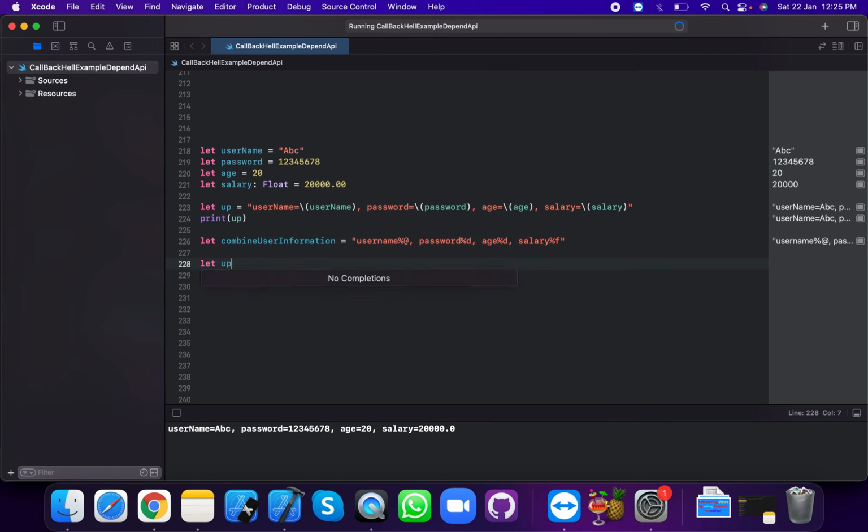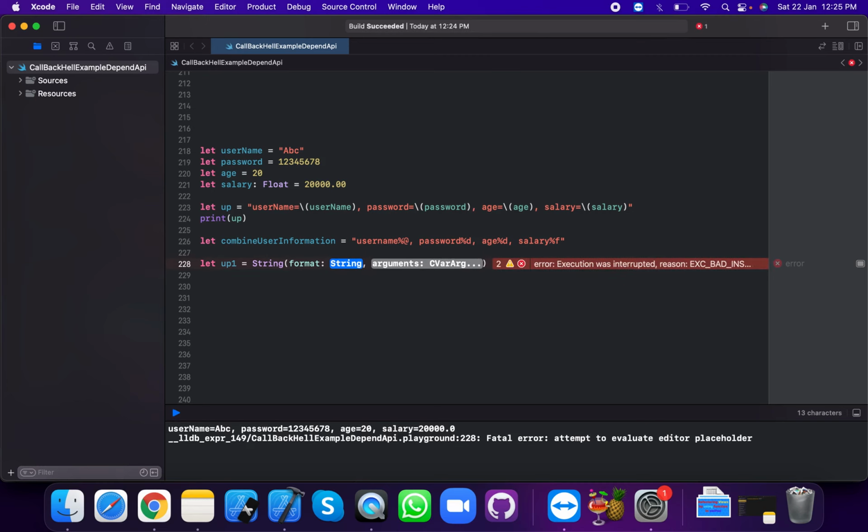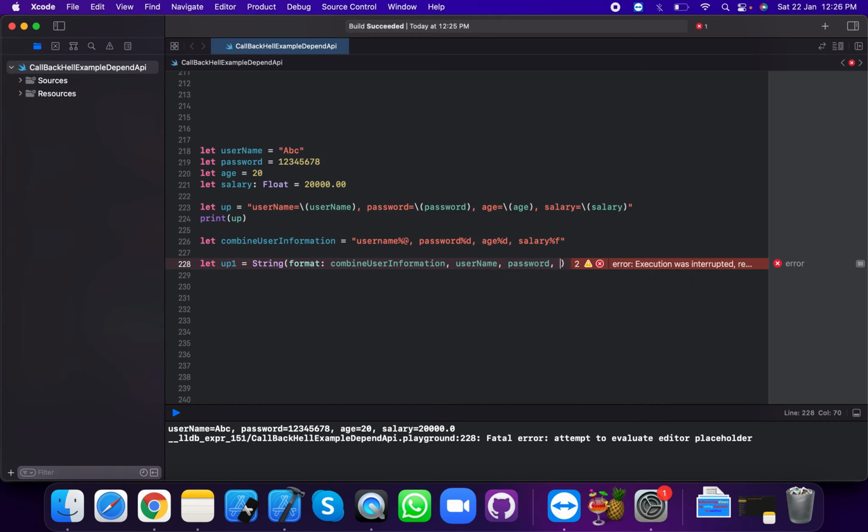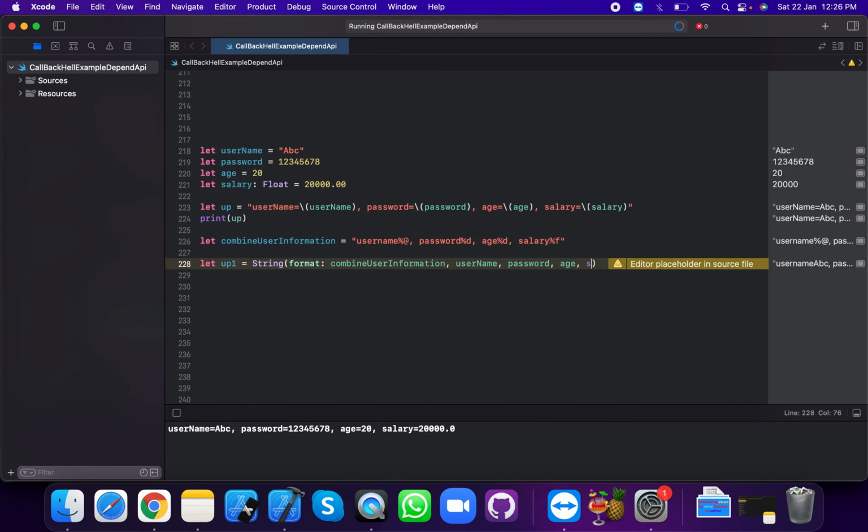Now we're going to create this string. Let up1 is equal to String with the format initializer, which needs a formatted string and arguments. So the formatted string is combine user information, and the arguments, suppose, are username and password and age, and salary.